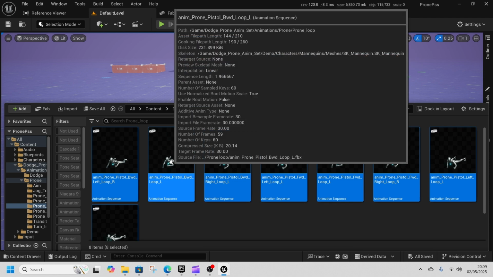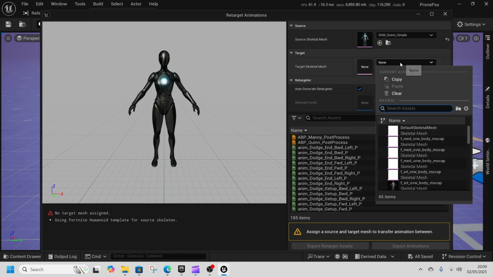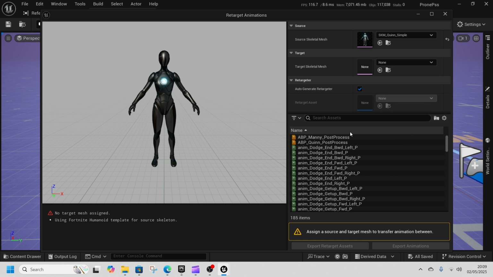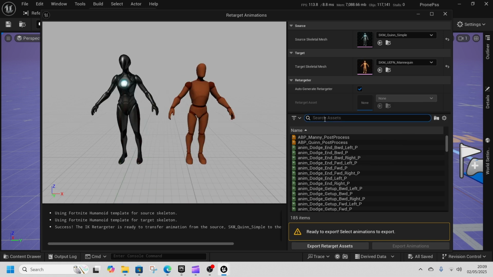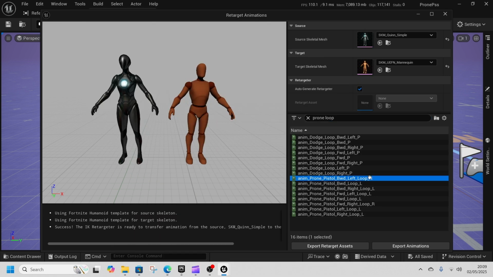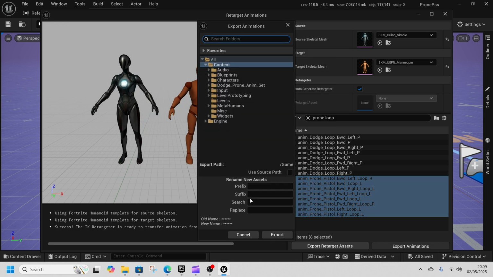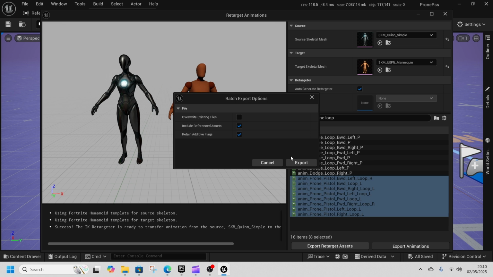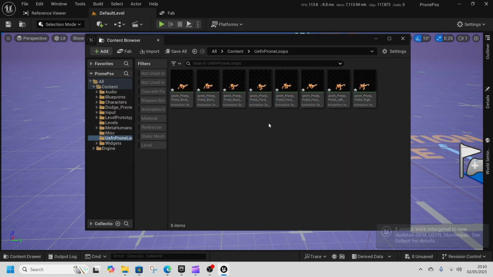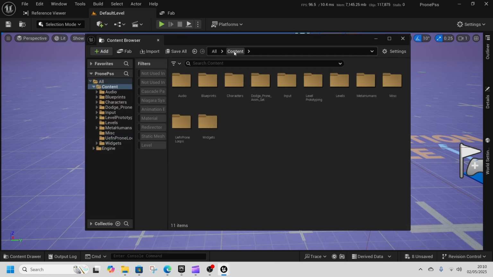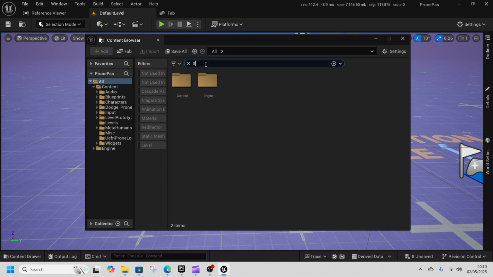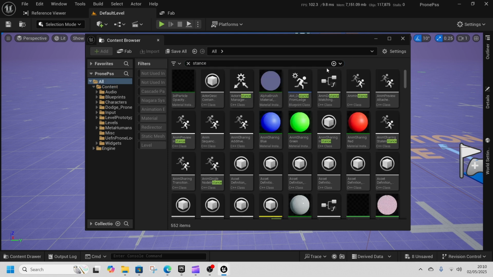So if we select all these animations, right click, retarget, go to UEFN, get the prone loop. So prone pistol loops, and we want 8 of them. Export these, UEFN, prone loops, and export them to there. Sweet. Okay, next we want the stance, which is an enum,